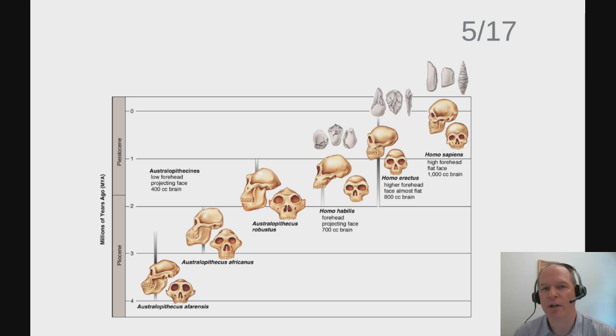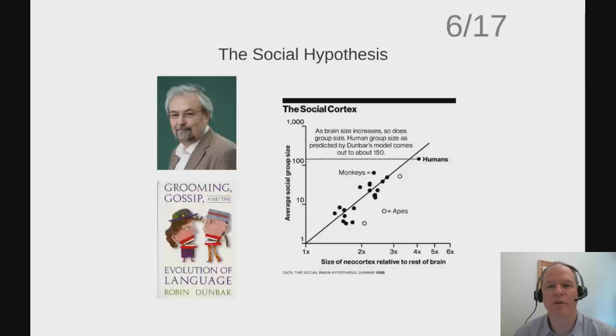Obviously, there were big structural changes, walking upright, larger brain, some behavioral changes that we can look to, use of tools, for example. There are also some important changes in terms of the sociality or the social aspects of humans. And that's possibly involved in the motivation for language. So, cooperation seems to be a strategy that humans adopted early in order to survive.